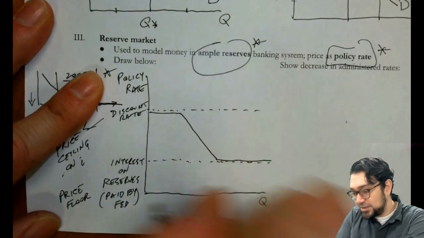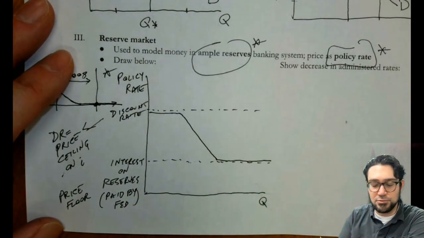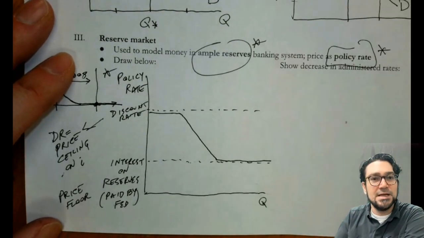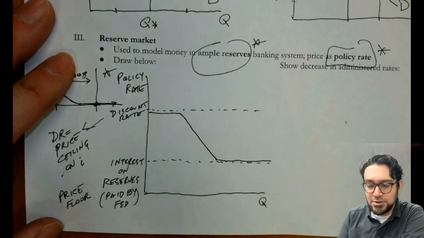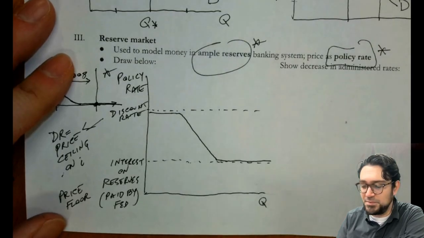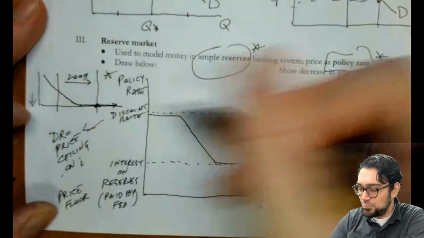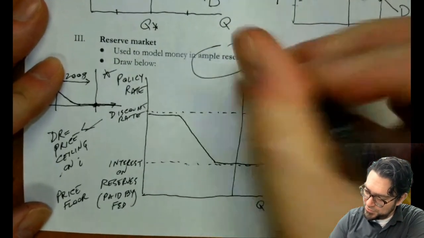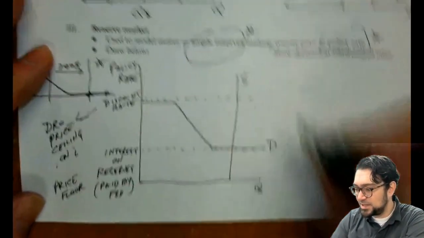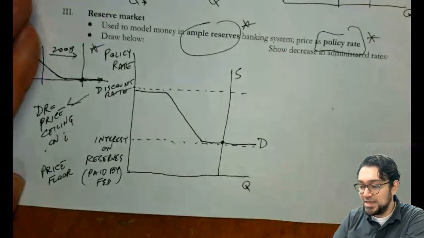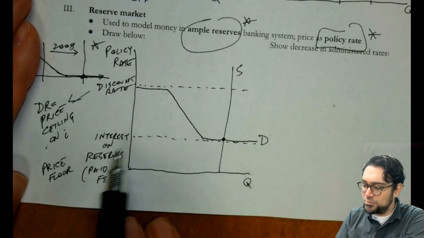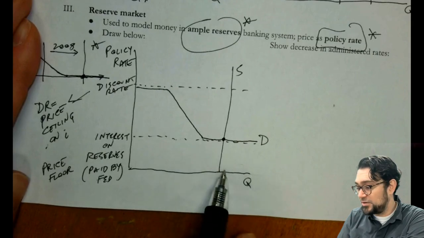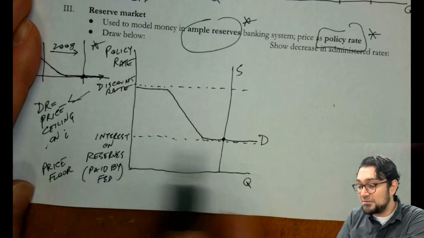Right. And so if they're paying you, let's say, 2% interest on your reserves and you're a bank, you wouldn't lend that money to anybody else for less than 2% because you would be losing money. You could get 2% just for free for doing nothing from the Fed. And the money supply is going to be way out here, way over here to the right. And so the intercept of the money demand and the money supply curve is at this kind of X, the cross where that crosses. And this demand curve would be coming all the way down and bottoming out, but for that